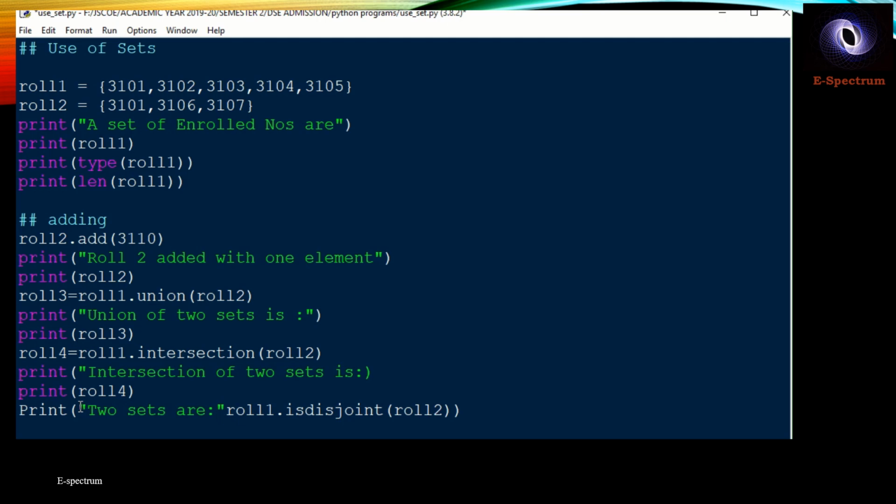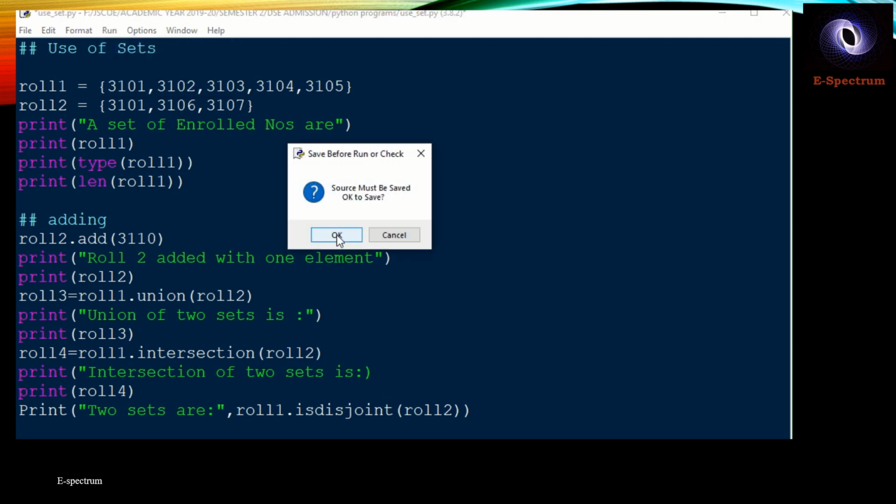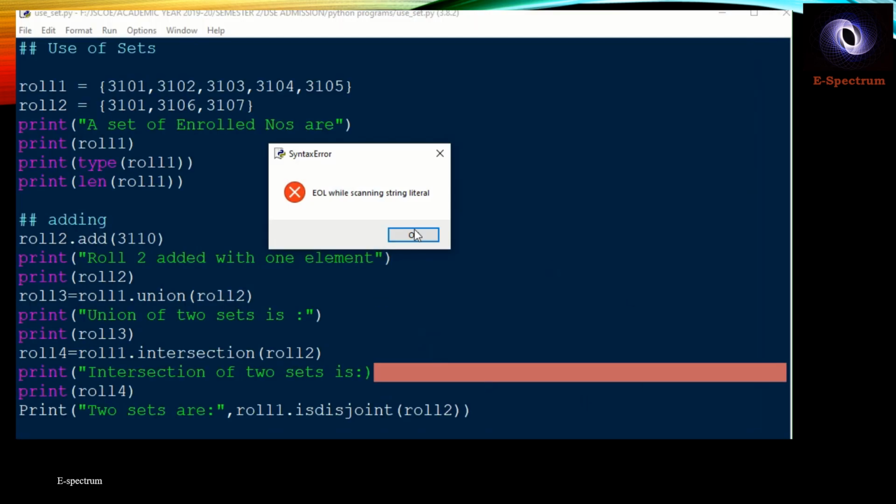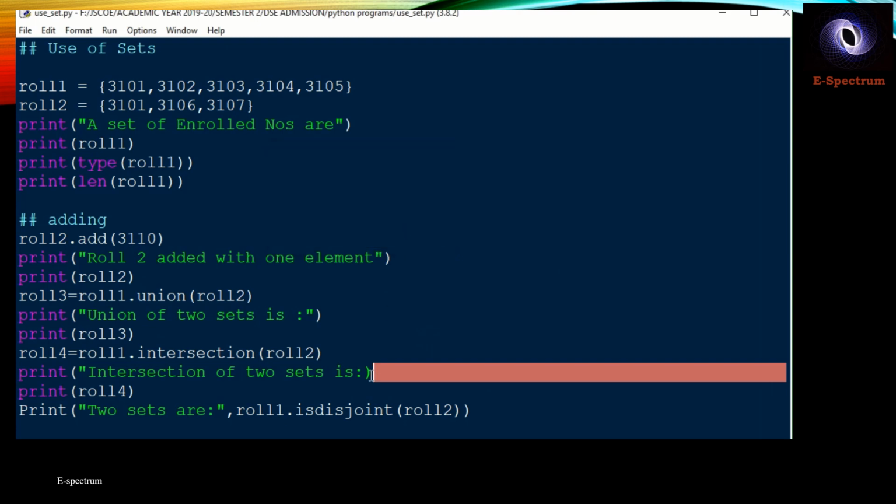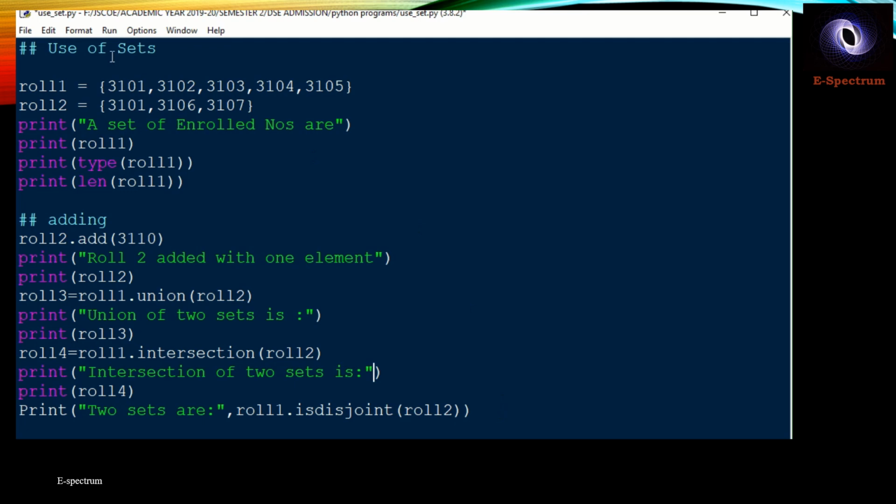Let us see what output we will get. So adding some elements in the set, then you are uniting the two sets, taking the intersection of two sets, and then checking whether two sets are disjoint or not. So double quote is missing.